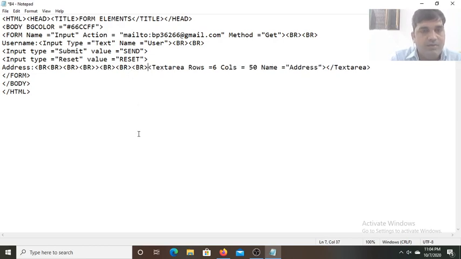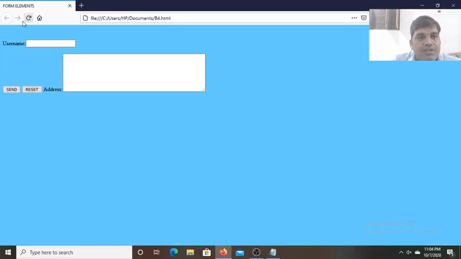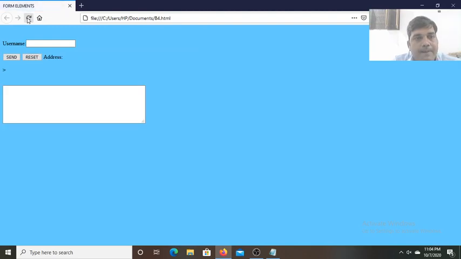So now this was 7 lines space I have added. Let me save it, control plus S. Now let me minimize. After that again I will refresh the web page. So you will see the changes. Yes. Now you can see this text field appears here. So after that I have given the line.